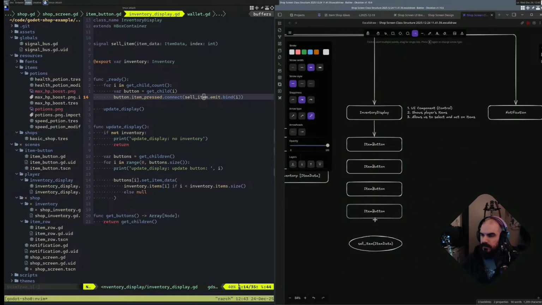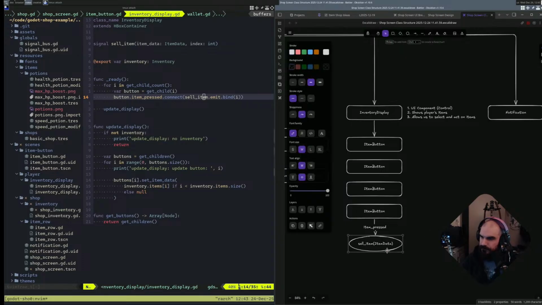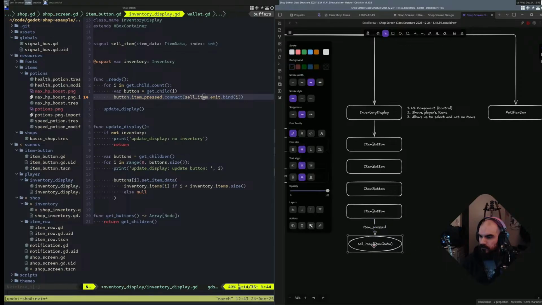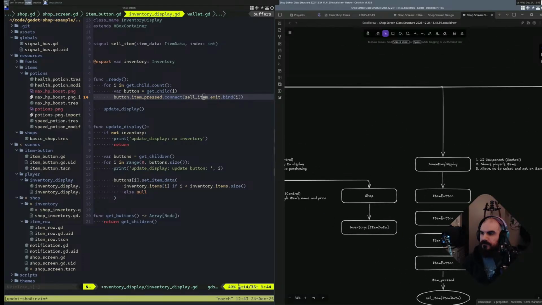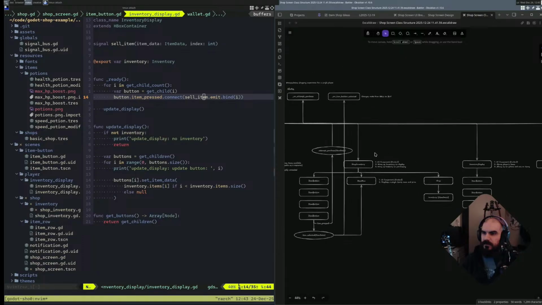Set that up here. This is gonna be item pressed. The sell item. And that's going to